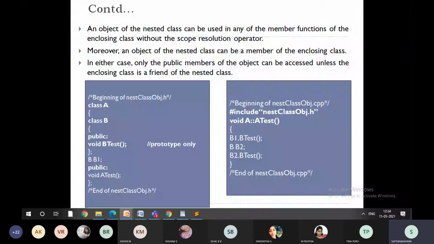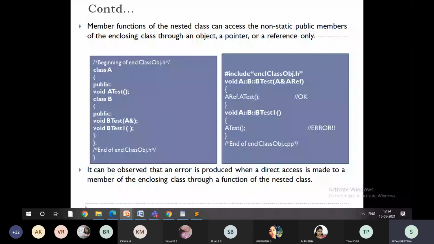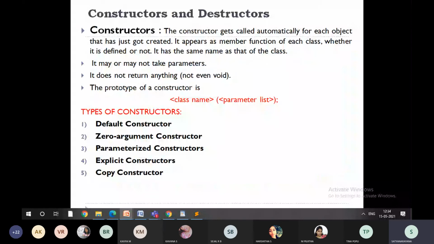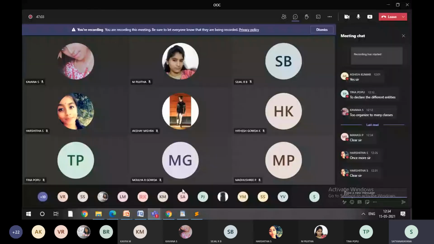Passing parameters to the functions is the same thing, we have already seen that, you can understand, right? So is it clear? Nested inner classes are very simple. Creating inner classes, calling using the scope resolution operator, and then seeing how it is going to work.